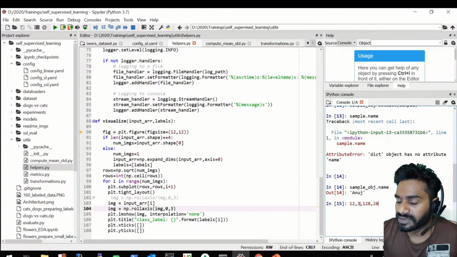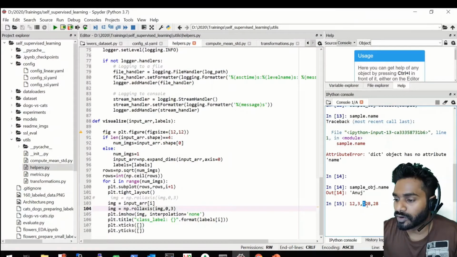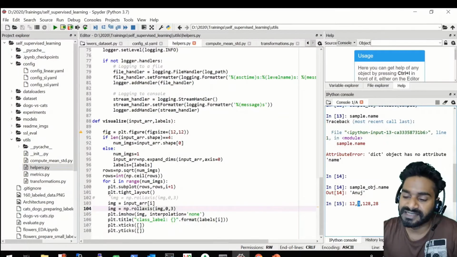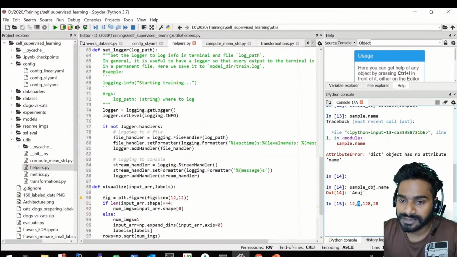So the format in which we visualize the image is row, column, and channel. So this will rotate the third axis here, and basically it does the plotting of the images. So once we have discussed the utils or the helper function,